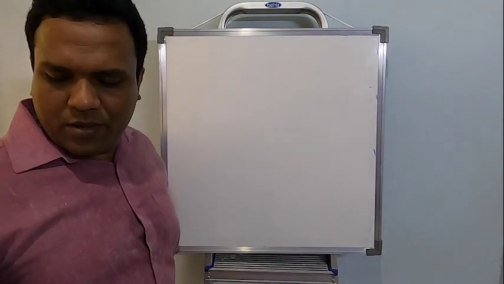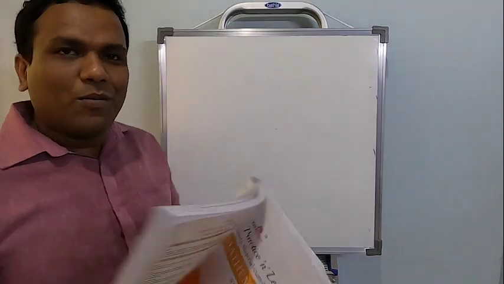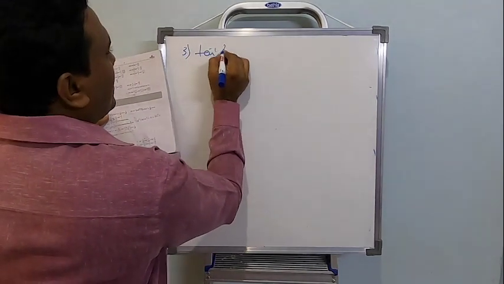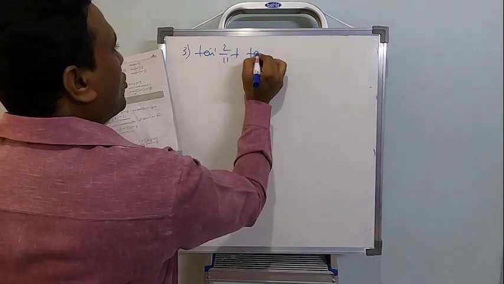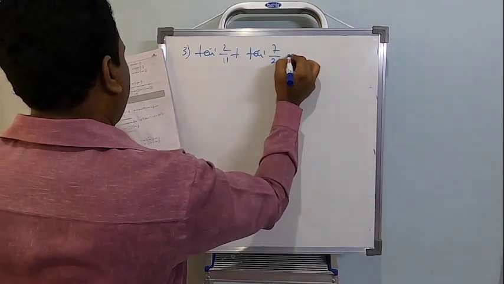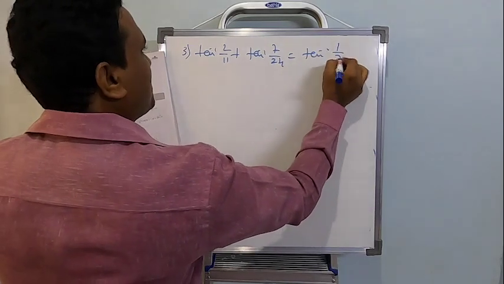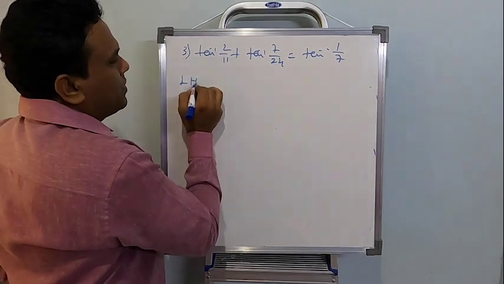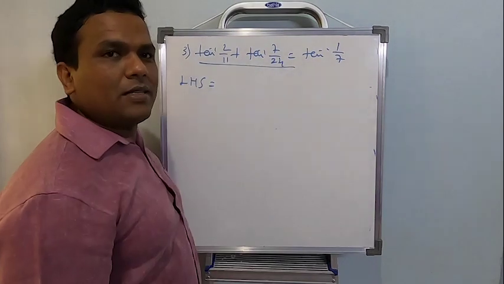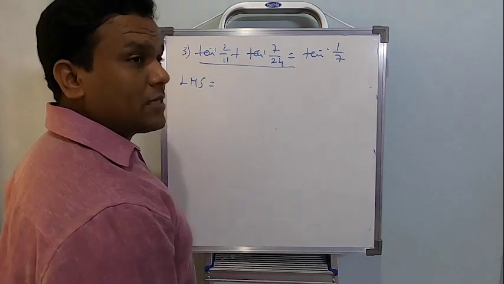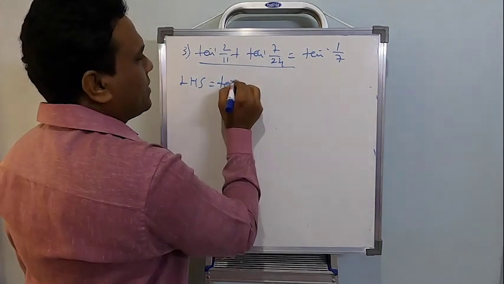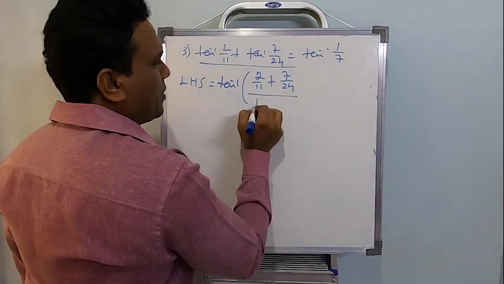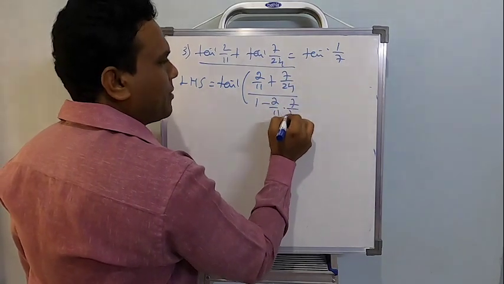Let's go to problem number 3. Who will tell me problem number 3 is difficult now? Nobody will tell me, because so many problems have been practiced, and now nobody will feel, sir, this will be difficult for me. This is what we need to prove. Let us start from LHS. The LHS is in the form tan inverse x plus tan inverse y. What is tan inverse x plus tan inverse y? Tan inverse of x plus y by 1 minus x multiplied by y.